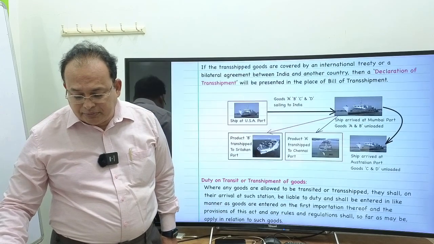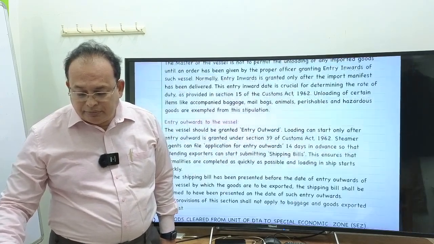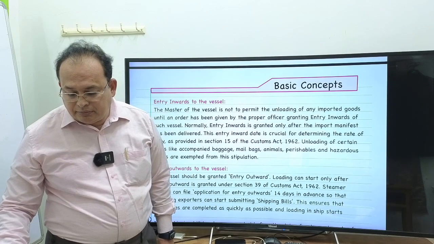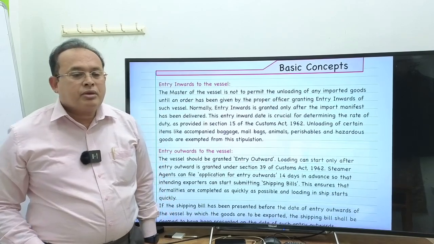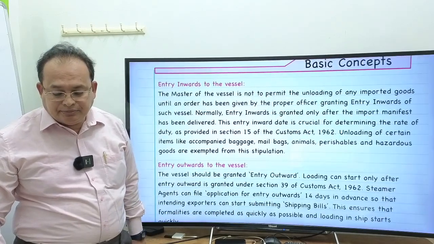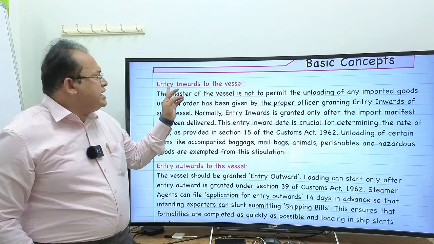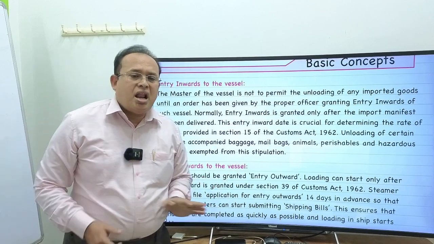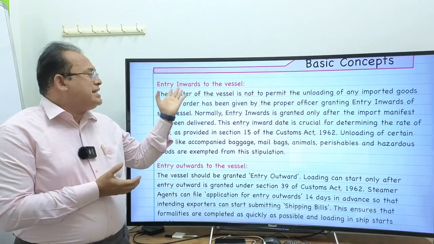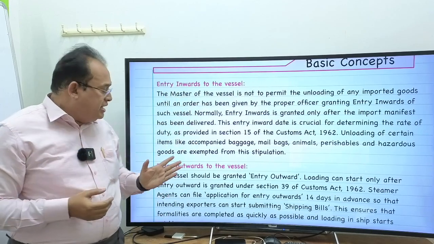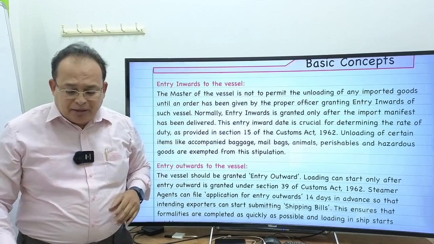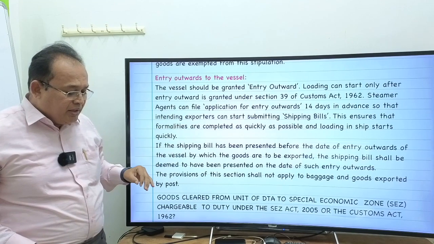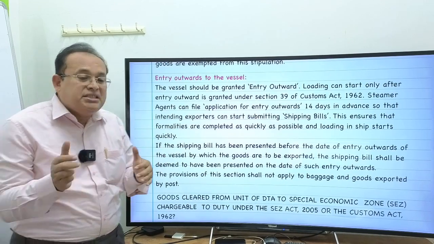Further, referring here, my dear sir, entry inwards to the vessel, entry outwards to the vessel, entry inwards to the vessel. Entry inwards to the vessel takes place only when the entry outwards is granted somewhere else. That means, look here, entry outwards to the vessel, meaning what? A vessel, let us say Gina and Company vessel,